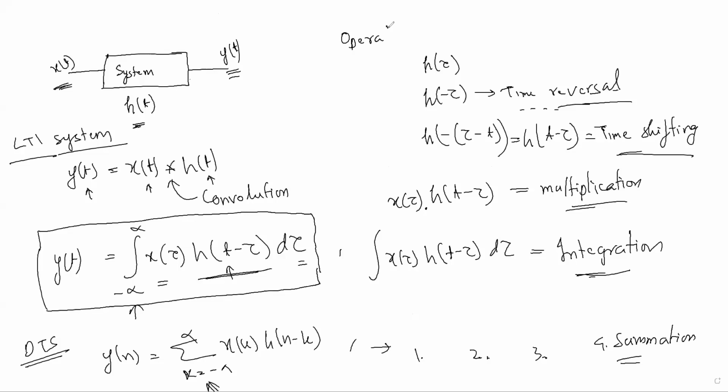You can write here: operations involved in convolution. Okay, this thing you should know. What are the operations involved in a convolution equation? This convolution equation you have to memorize. Okay, it is not like a plus or minus or a division. Okay, it is very important when you are going to analyze a system. Then this convolution comes into the picture.